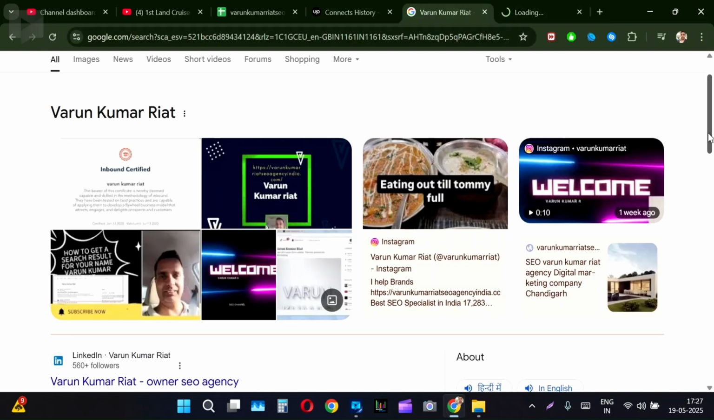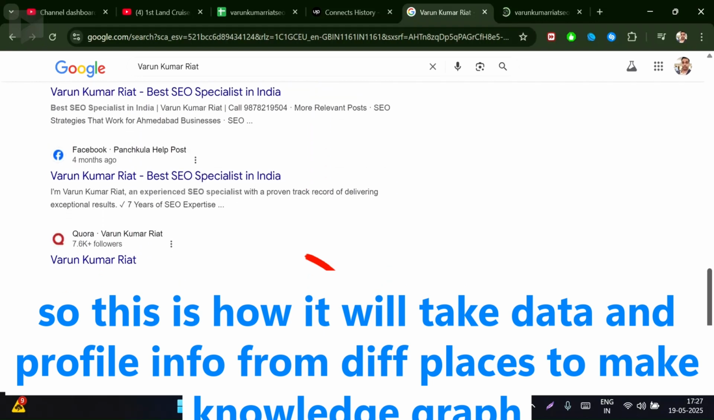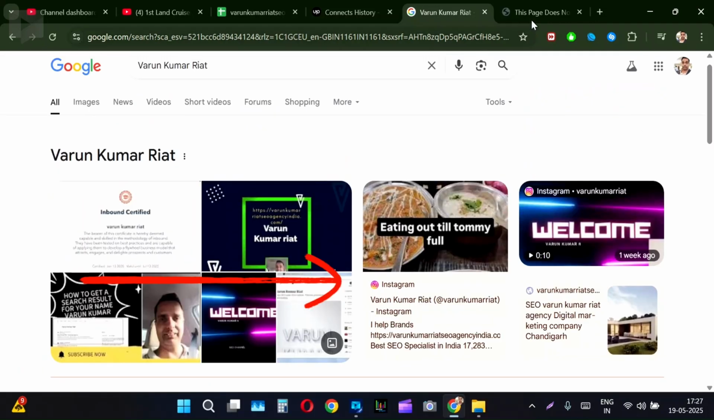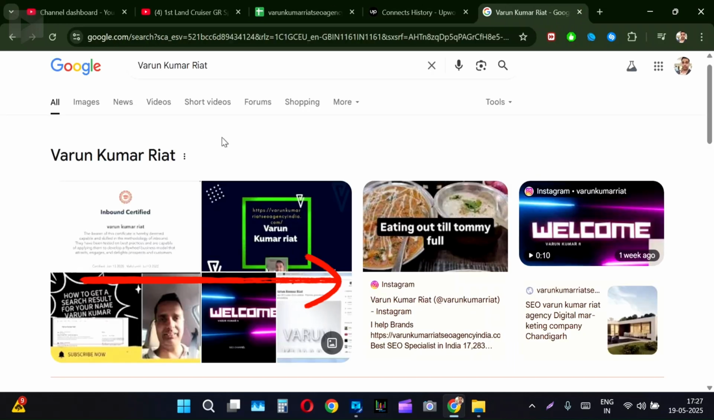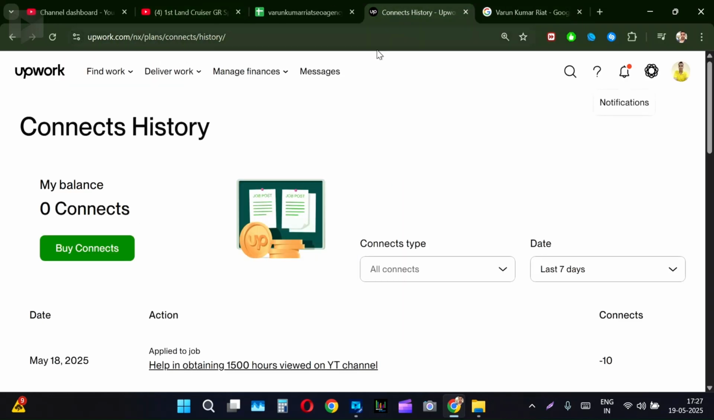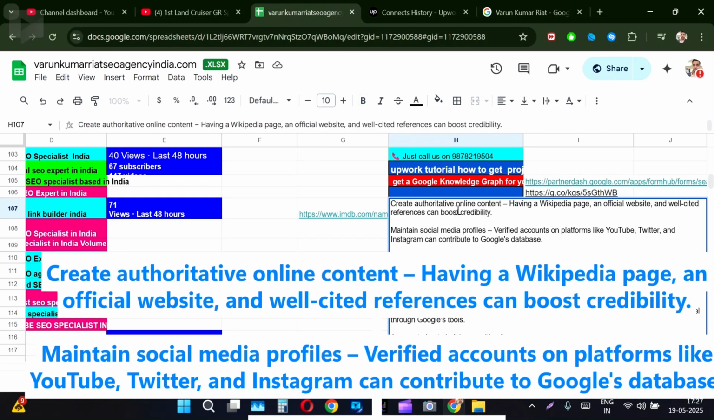So this is how it will take the data from different places and you will get a knowledge graph for yourself. It will be a proud thing for everyone. It is very difficult also. Celebrities have knowledge graphs. People don't get the knowledge graph so easily. So these are the things which you have to do. Create authoritative